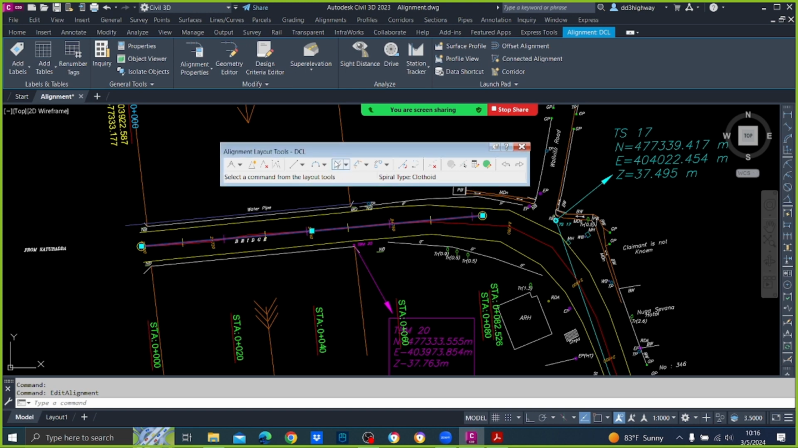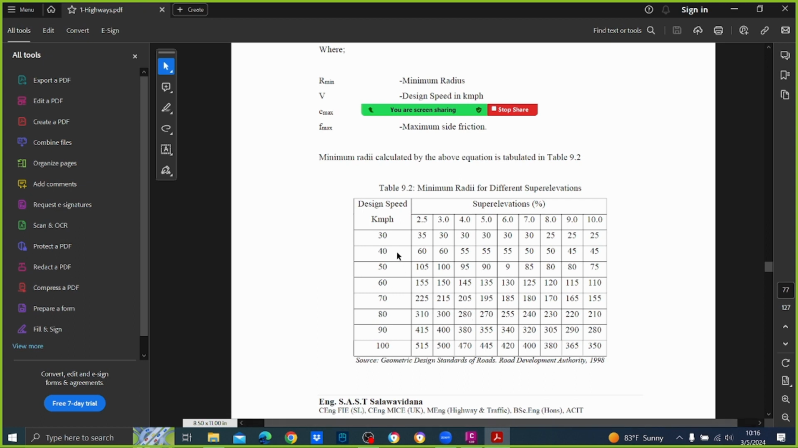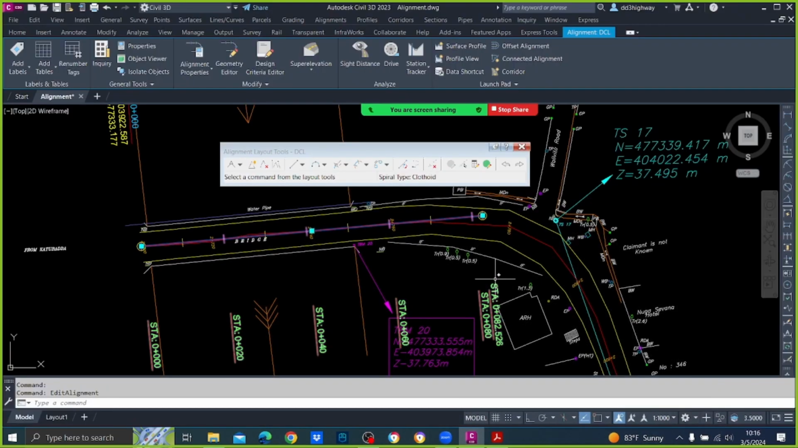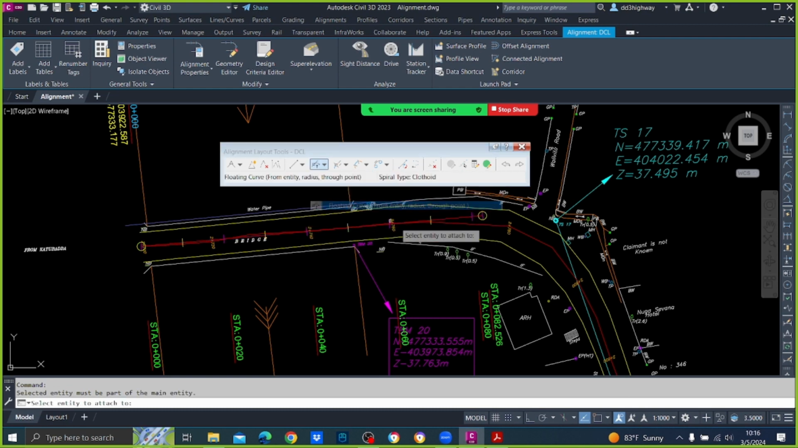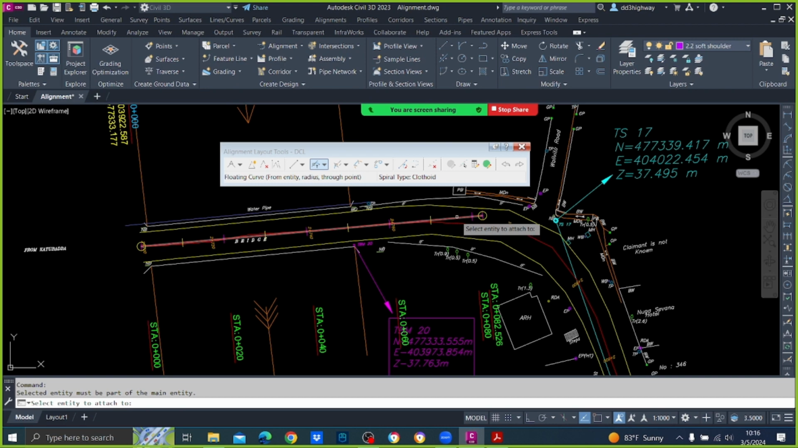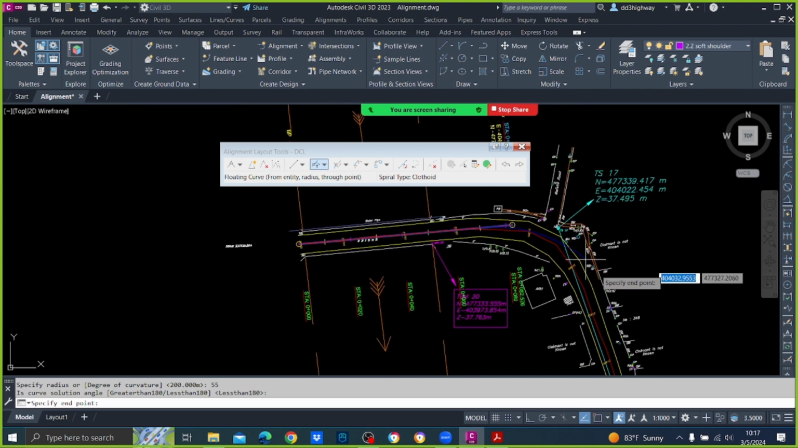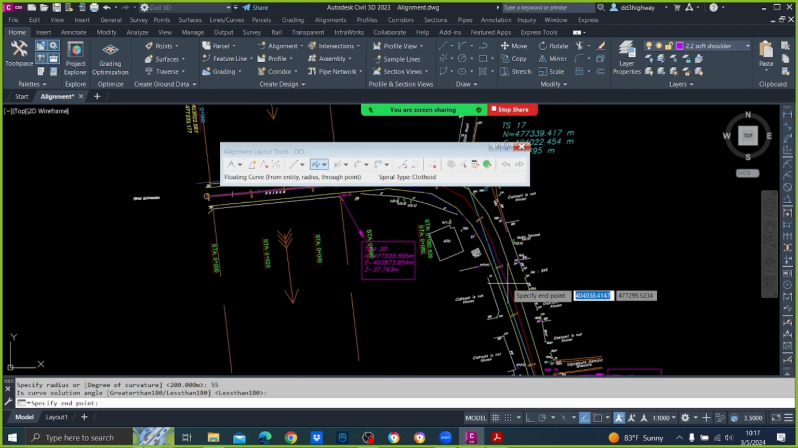Okay, right. So after that, now what we are going to try is for the 40 kmph. So you have to provide 55. Floating curve from entity radius through point. So we'll select the entity and the degree of curvature, no, radius 55. Enter. So this should be lesser than 180. Enter. So try to keep it as much as possible to match with